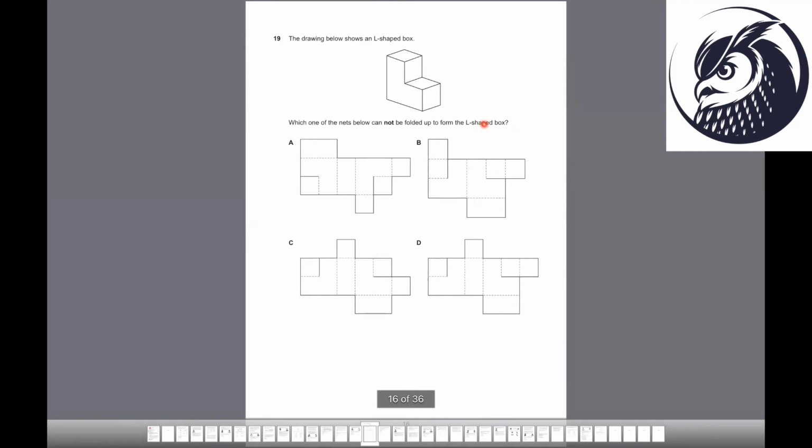So as you guys might know, the net diagrams are basically what happens if you unbox the 3D shape into its different faces. And technically, when you fold up a net diagram, it should then form this 3D L-shaped box. And it's now asking us which of these four options cannot be folded up to make that L-shaped box. So the trick to doing this question is actually all about pattern recognition again. Okay, so what you should know is that